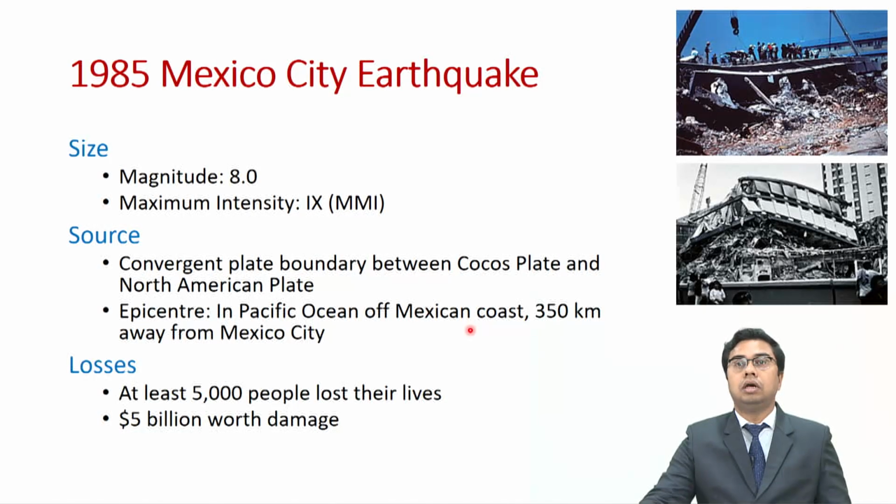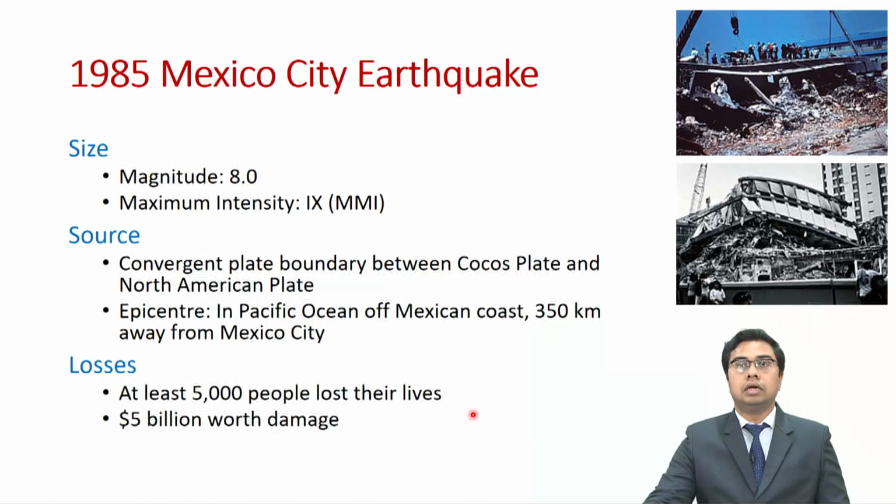The magnitude of the earthquake was 8.0 and the maximum intensity was perceived to be 9 on the modified Mercalli intensity scale. In this earthquake, at least 5,000 people lost their lives, and $5 billion worth of damage also happened to property.